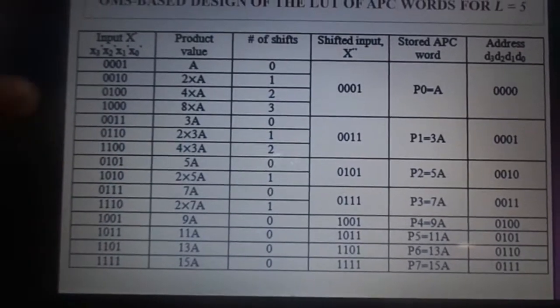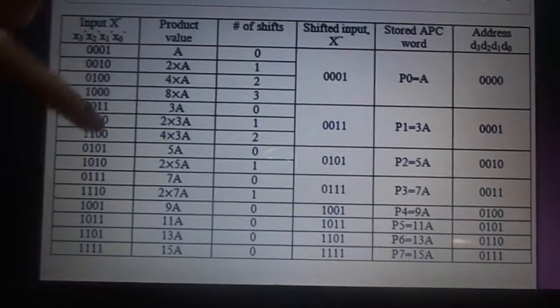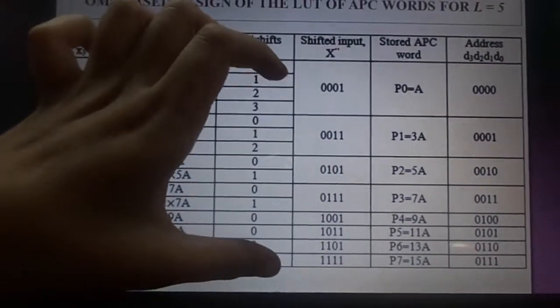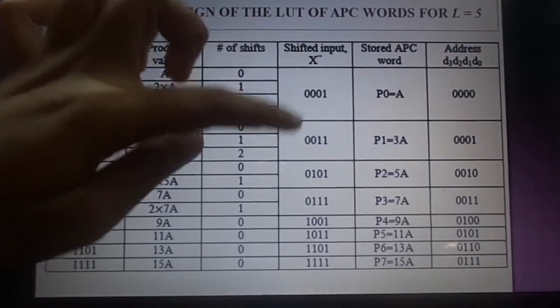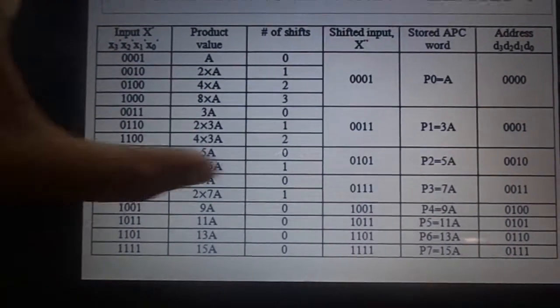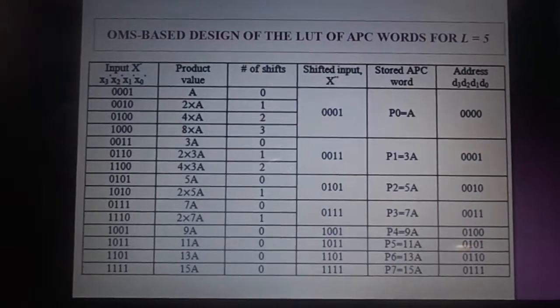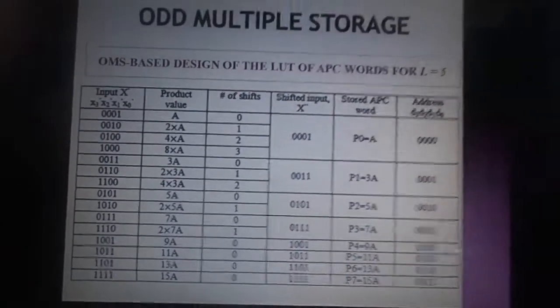This is the example, and here if you see, we have 16 bits. After performing the shifting operation, the final output, if you see, is just 8: 1, 2, 3, 4, 5, 6, 7, 8. So the 16-bit table is minimized to an 8-bit table, and thus the OMS storage table also reduces the lookup table size by 50%.